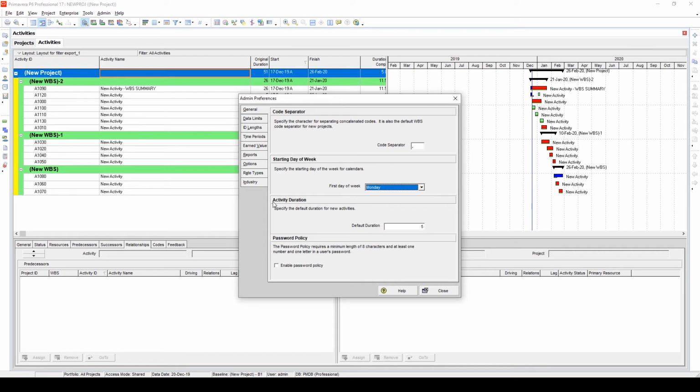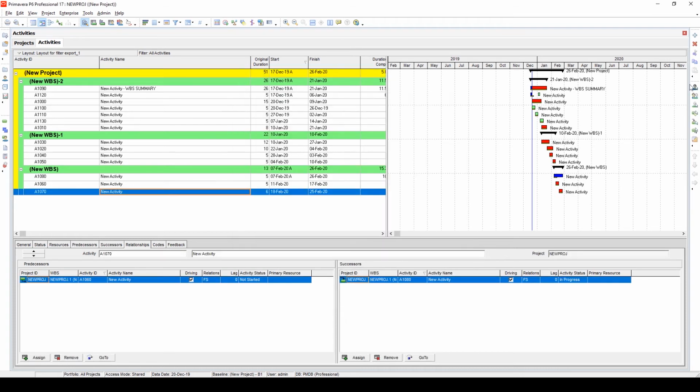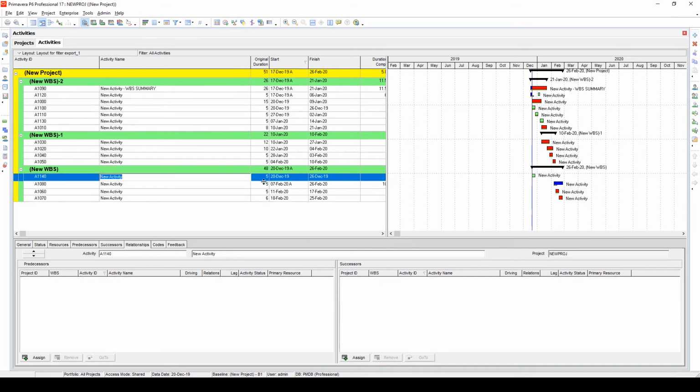Another main setting that we need to take a look at is activity duration. The default duration for any activity is mentioned as 5 days. Let's keep it as that. But how it affects is, just come back to our project for a second. If I click on this plus button to add an activity, the default duration that activity would receive is 5